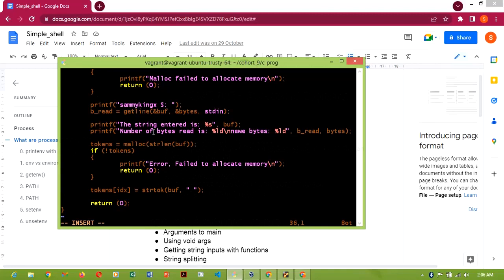The first case is if it is able to actually get the substring from the main string, then it's going to return that substring. If it can't, it's then going to return null. So my condition will be, I'm just going to use a while loop here, while token at idx is not equal to null, then